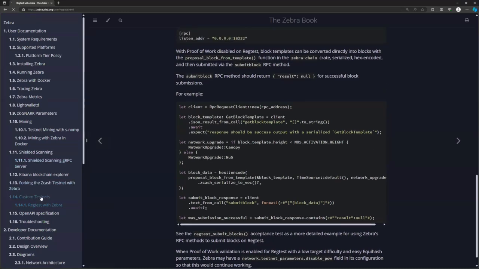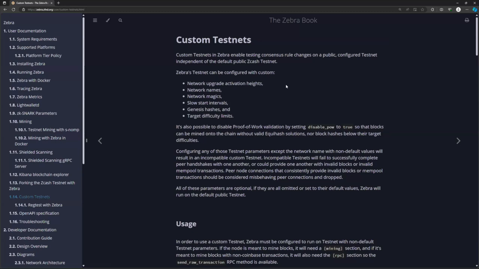We can also take a look at custom testnets. These are public testnets that can be configured with custom network names, magics, slow start intervals. If they have a different network magic, Zebra is going to refuse connections with other nodes that have a different network magic. If it has a different protocol version, it's not going to work. So you have to be using the latest version of Zebra or a Zcashd node in order to access custom testnets. And this can be really useful for larger test environments where there are multiple participants over longer periods of time, maybe a week, maybe a month, where you can test new consensus rule changes or other integrations with the